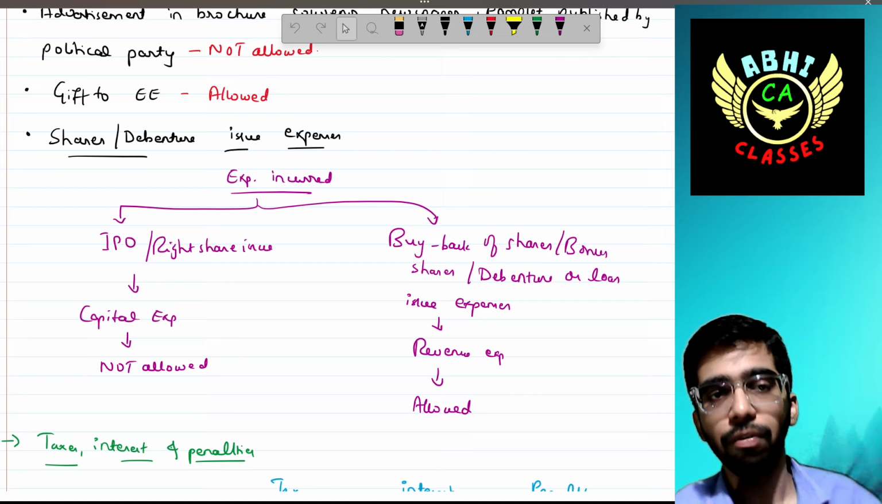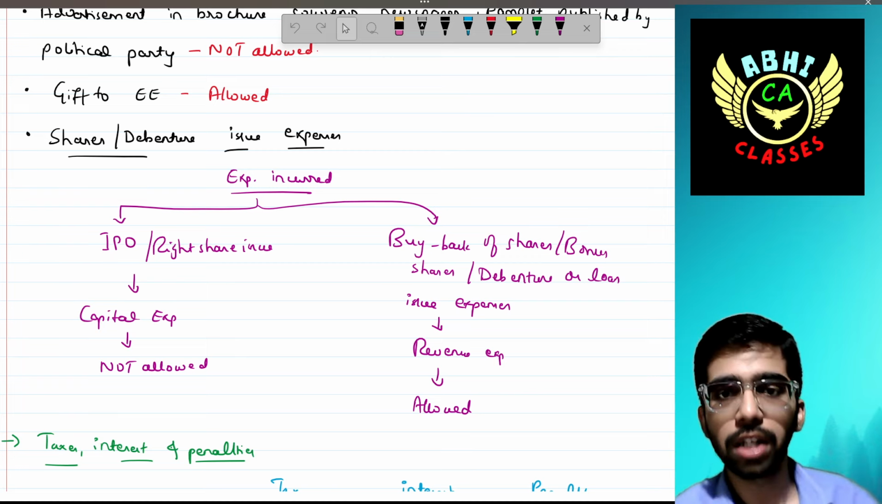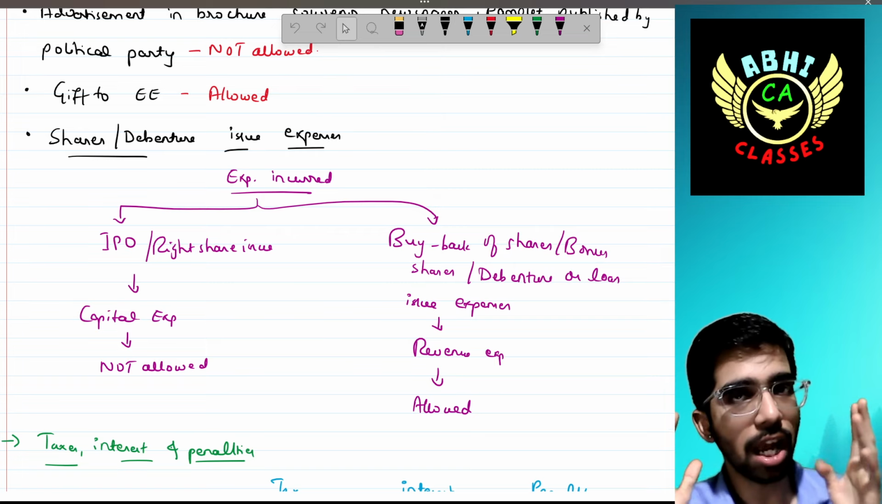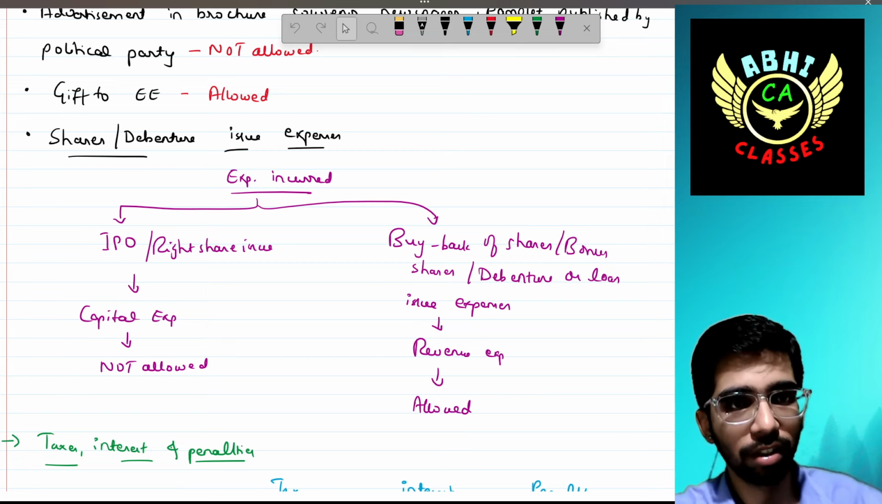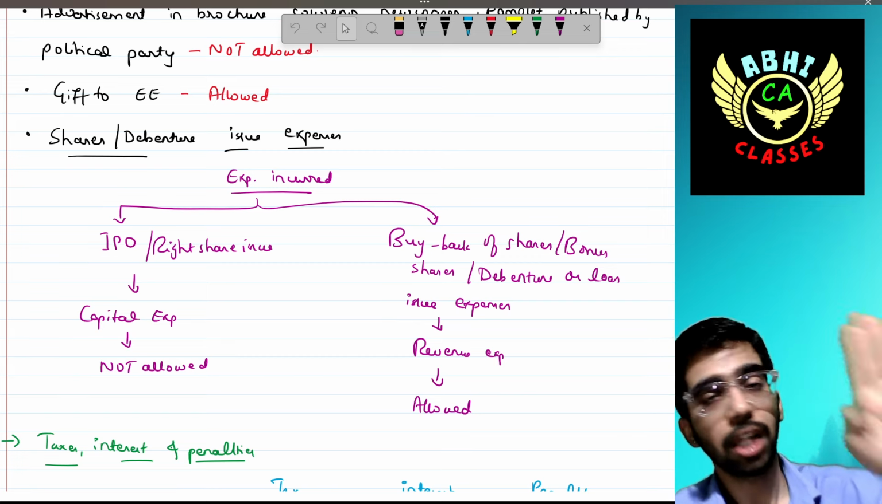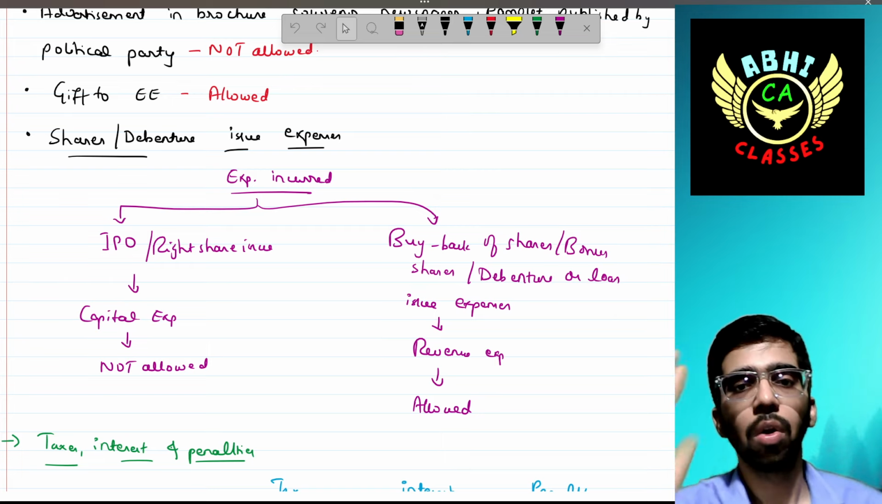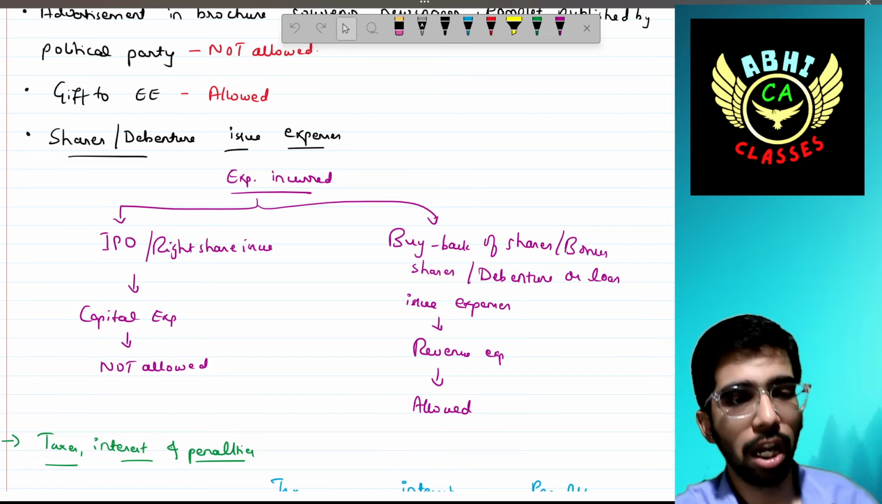Next, buyback. If the issue expenses are in terms of buyback of shares, bonus shares, debentures or loan issue expenses, then it is treated as revenue in nature, so it is allowed. If it is IPO or rights shares, capital nature, not allowed. If it is buyback of shares, debenture, or loan issue expenses, it is treated as revenue nature and it is fully allowed. Next,